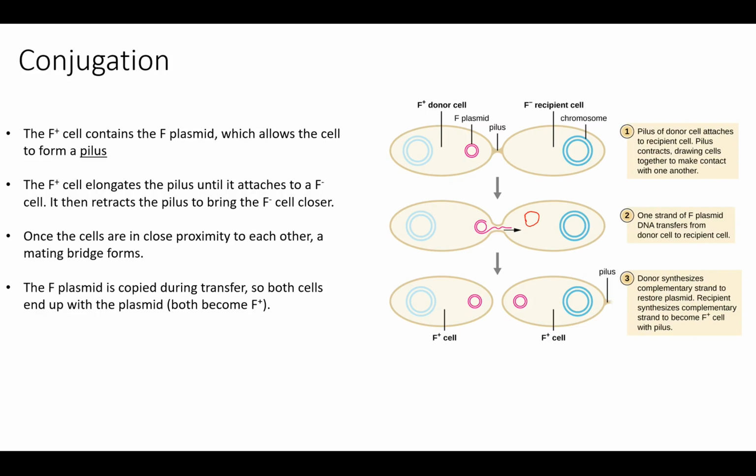Okay, so remember, the original donor was F plus, it had that fertility plasmid, and it remains F plus because it still has a complete intact copy of that plasmid. But now the F minus recipient has the fertility plasmid. It is also F plus. So at the end of conjugation, both cells contain a complete F plasmid and both now have the potential to transfer it to other bacteria. Okay, so this is going to explain how plasmid carried traits, like things with antibiotic resistance, can spread rapidly through